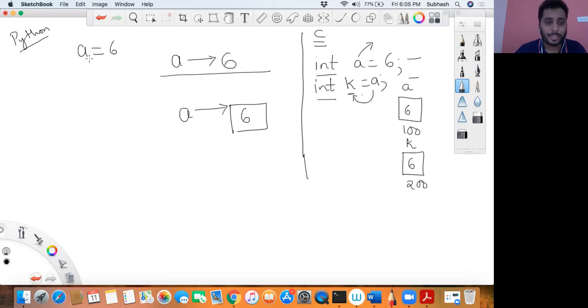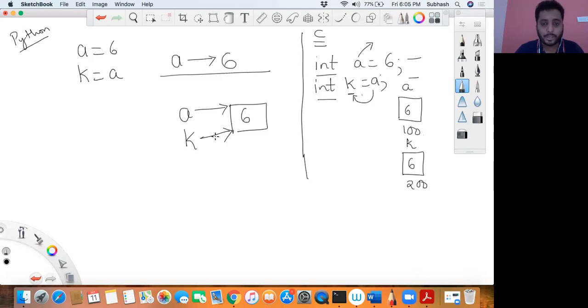When I say a is equal to 6 and then say k is equal to a, in C it gave you two different memory locations, whereas in Python it differs. It says I will not create a new memory location, rather I will just point to the same memory location. That is, k will still be pointing to the same memory location that a was pointing to.